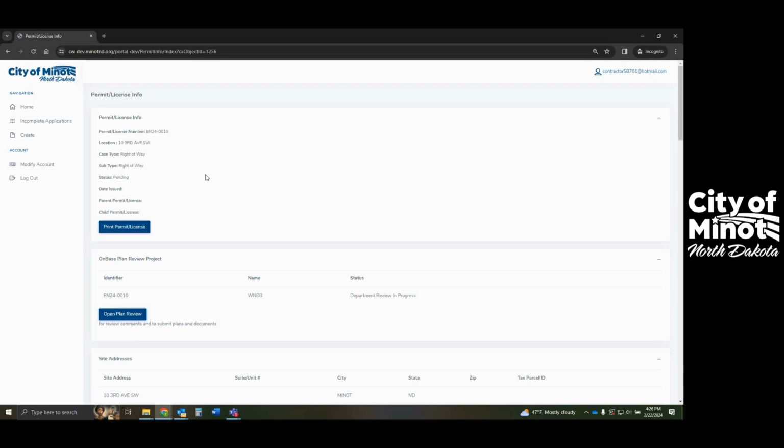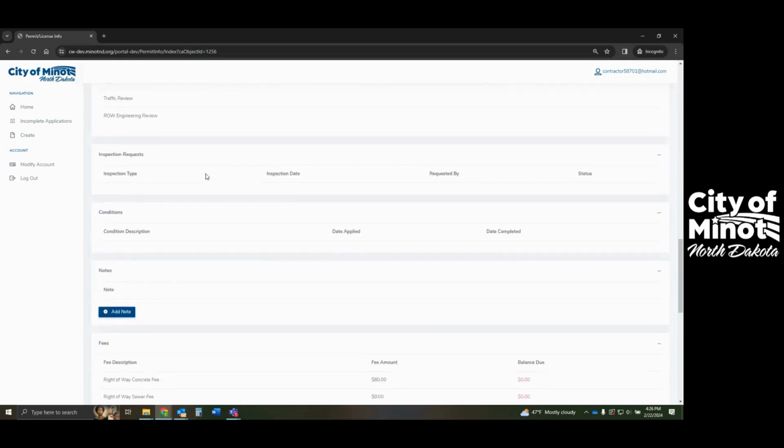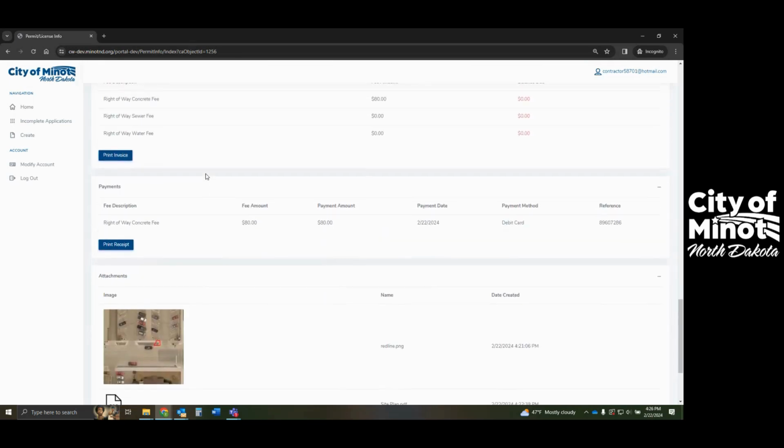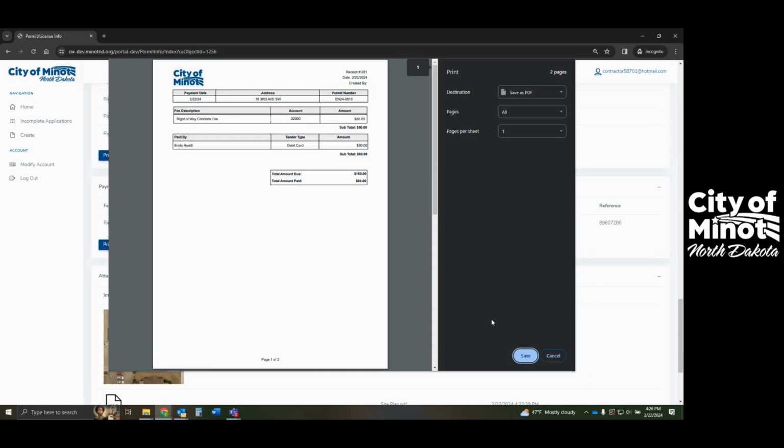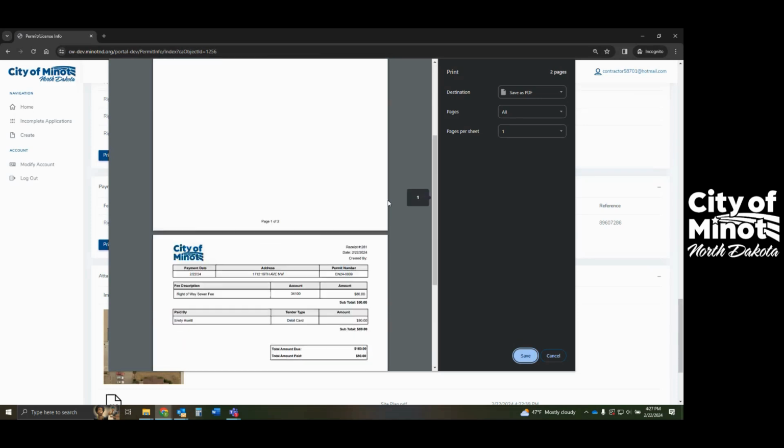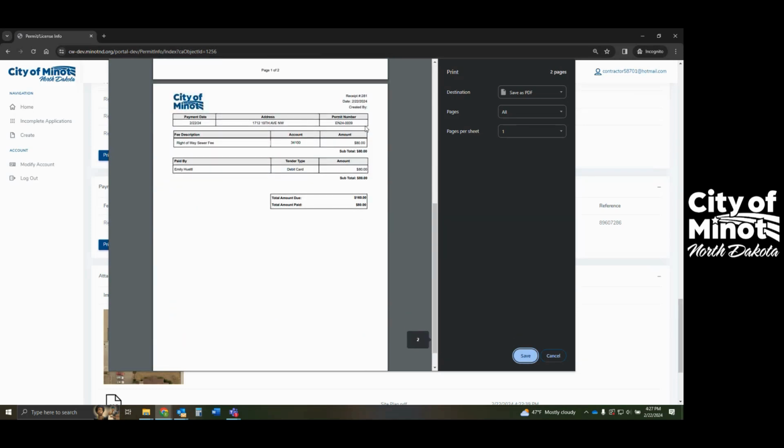It's going to take us to one of those permits. We're going to scroll towards the bottom to the payment section and hit Print Receipt. What we have here is a receipt with an itemized page for each permit that we paid for. So we'll see the permit for 10 3rd Street, which was our City Hall, permit number 10, the right-of-way concrete fee, $80. We see here that we paid $80 on this one. We scroll down to that second page, and here, this was permit number 9 at our residential property, and we have that sewer